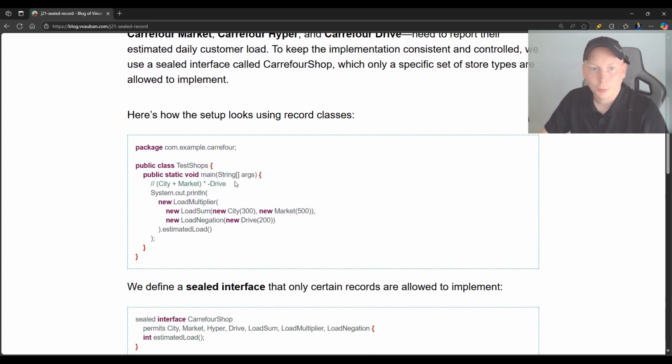We have TestShops with the main method, which prints something like System.out.println with new LoadMultiplier, which takes as parameters new LoadSum, which itself takes as parameters new City(300) and new Market(500). The second parameter of LoadMultiplier is new LoadNegation, which takes as parameter new Drive(200),